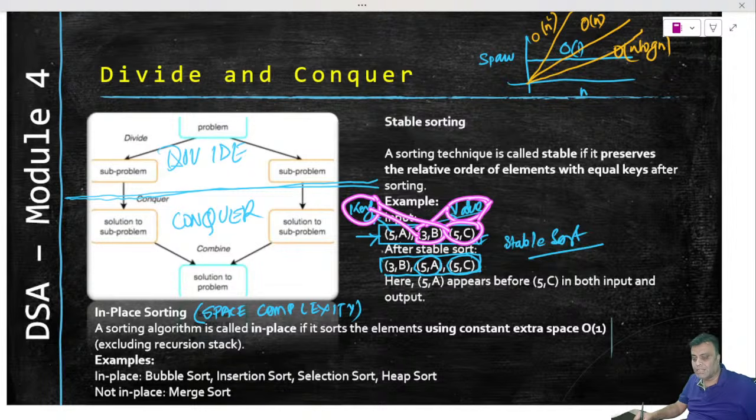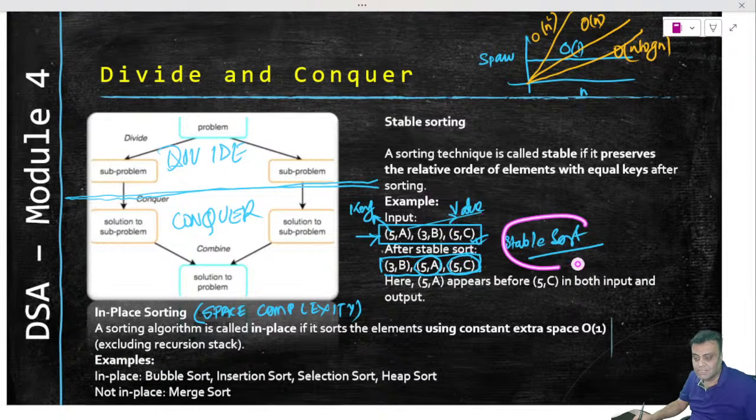You see that the key is the same, right? And you have been asked to sort it. Of course the sorting will take 3 at the beginning because 3 is less than 5. But what will happen to this 5A and 5C? They are both the same. So then can we preserve the order in which they appeared, so that 5A appeared first, so it will also appear first in the sorted list? Can we preserve the order of 5C also, that it appears last? Then it is a stable sort.